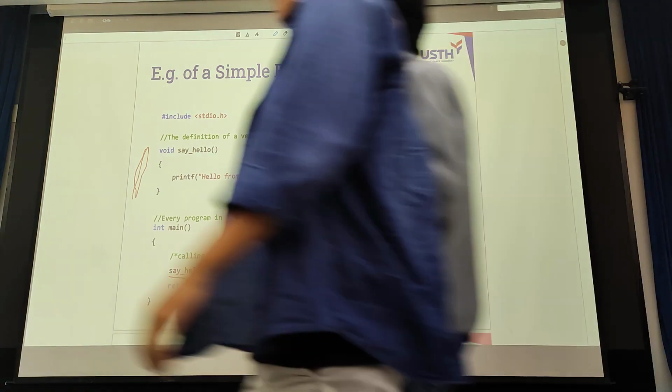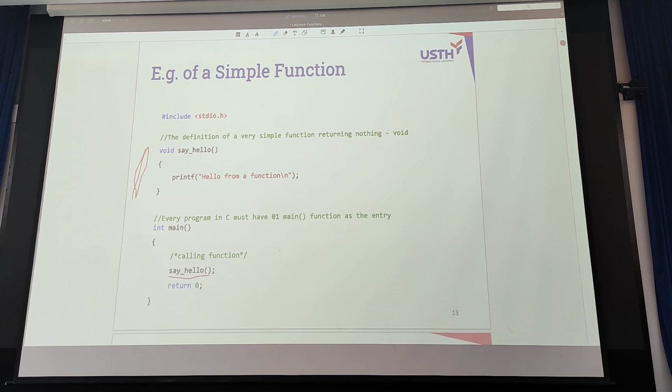Continue. Have you tried to create some function in your laptop and run?